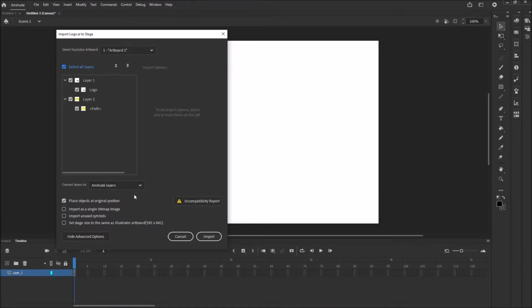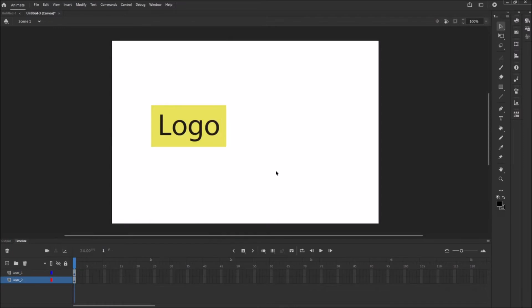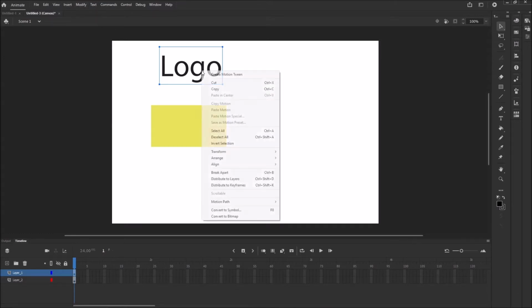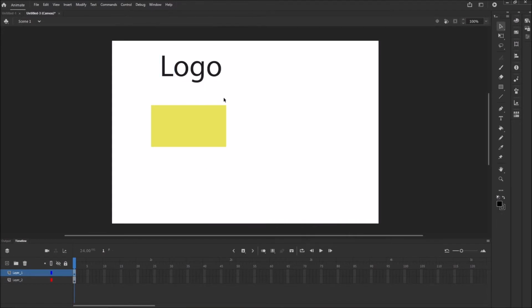They work together really neatly, Illustrator and Animate, or any of the Adobe applications. So we'll import those in, and there we go. It automatically creates two layers, which replicates what we had in Illustrator. We've got the text on one layer and the background on another. What we can also do is, if you wanted to animate the text, the letters separately, we can break them apart. So if you right click on the text and go to Break Apart,